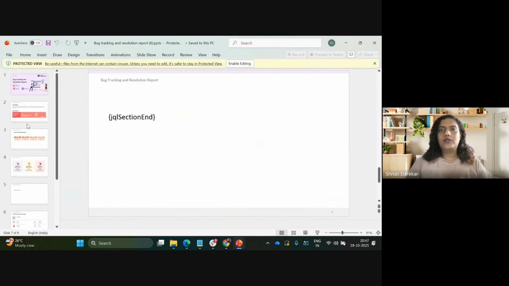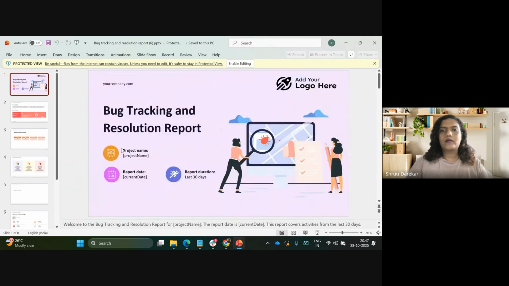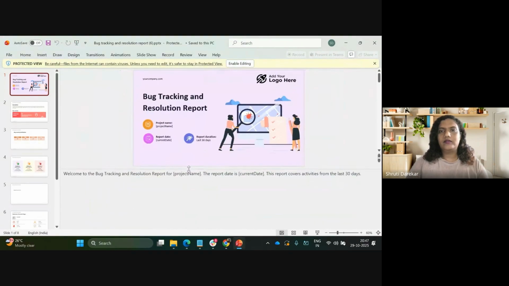So once this PPT is ready, because you need to also add the voiceover for the video, you can add that voiceover in the template itself. In the PPT notes, you add whatever voiceover you want. So for example, here it's added, welcome to the bug tracking and resolution report for project name, because the project name can change.